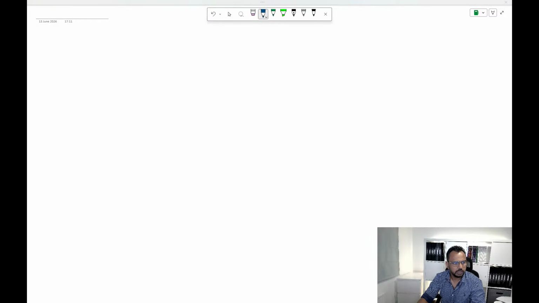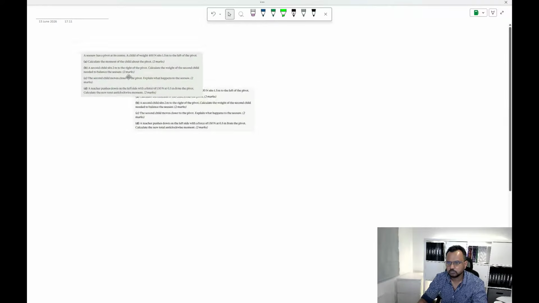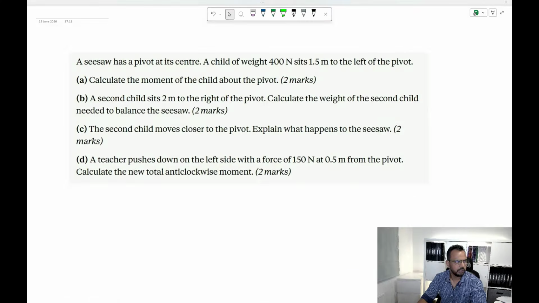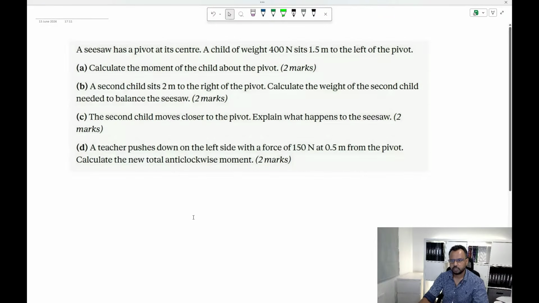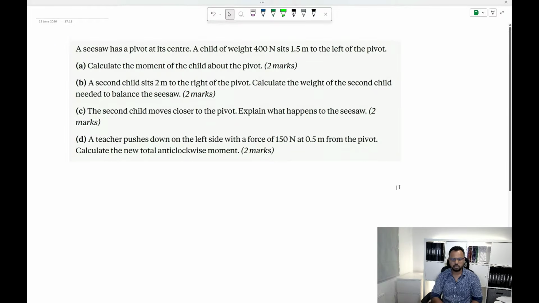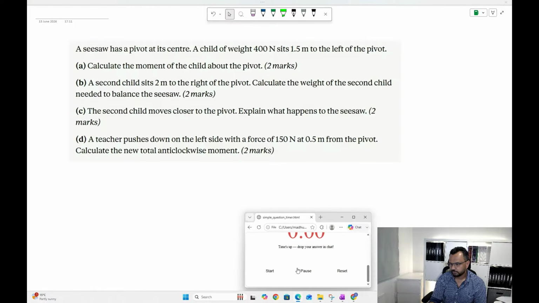We are nearly there, guys. Let's just quickly have a look at some of the questions. Right. Let's try this one. This is a moments question. Now, guys, these couple of questions that I'm doing towards the end are triple only, by the way. Yeah? Let's try this one. This is just a moment question. Just going to give you again 2 minutes, guys. And we'll give it a try.